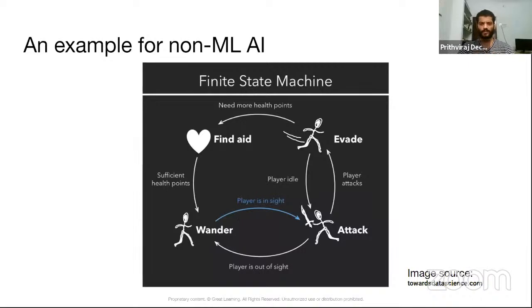Now, this particular example is a fairly simplistic way. A much more complicated game like PUBG or any Call of Duty would have a much more complicated graph, something like this, but with many more nodes. So we'll have many more states in the state machine. We have finite states, a limited number of states that a bot can be in, and for different situations, the bot changes its state. So this is what a finite state machine means. And these are examples of artificial intelligence that are not machine learning.